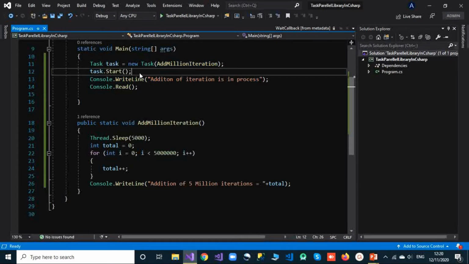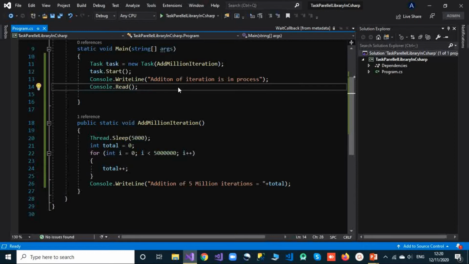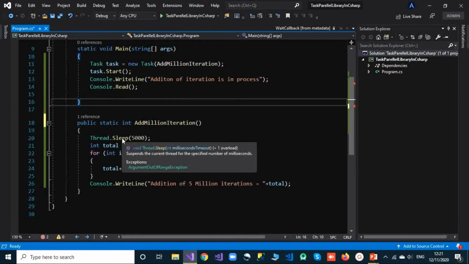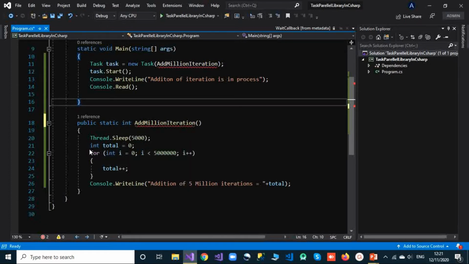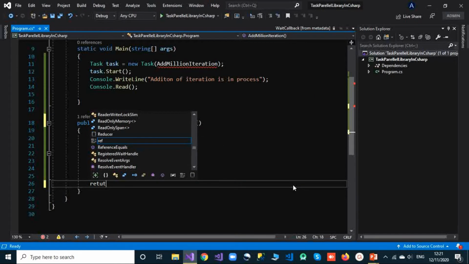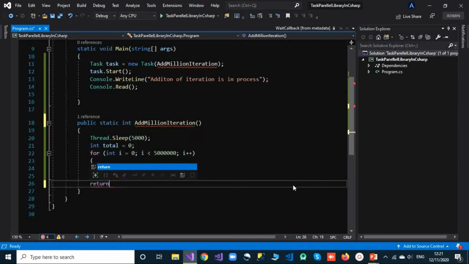And what I want to do, instead of showing this output here, is make this method return this total, and I want to show that on the console in the Main method. So for that, let me change the return type to int, and instead of showing that on the console here, I will return that total, like this.